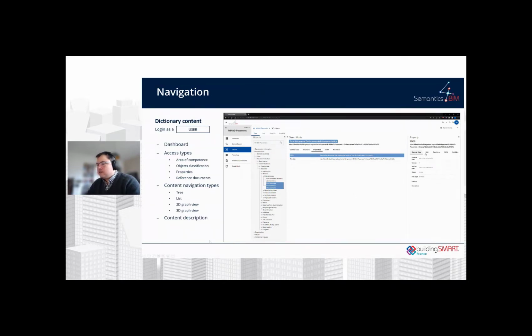And again, in each property, we have the metadata required by the ISO standards to describe it. So your general data, the units, the relations, a JSON view, and all of the versioning if possible. Here there is not, but it is a new dictionary, but we will have all of the versioning of this particular property or class, and every modification will be hosted in this part.